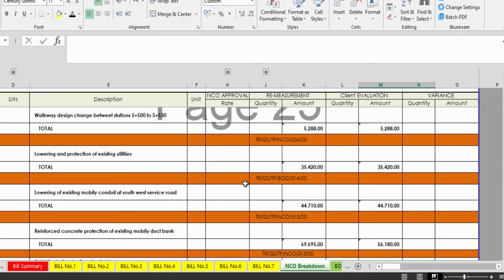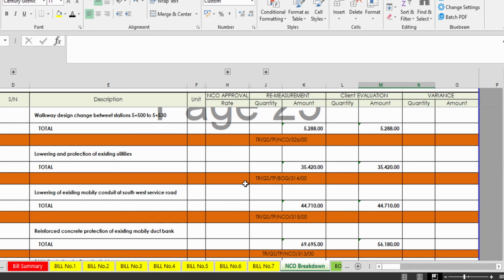Whenever you make any claim, put it here, then you submit it, it comes back, and then you need to update again: this amount I have submitted, this amount has been approved. Then there is another phase when the project is finished, when the work activity has finished: you need to remeasure all those items again, then submit again. Once you submit, the authority will review it and agree that this work has been done according to the conditions of the contract and our requirements. That is the final approval of your work.